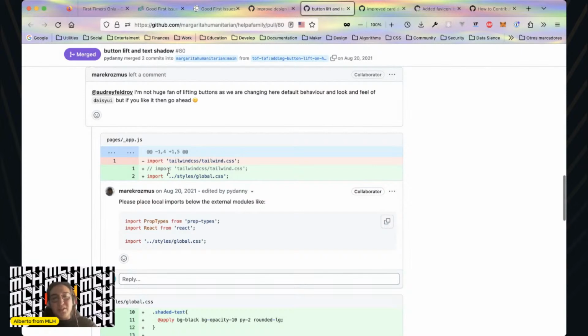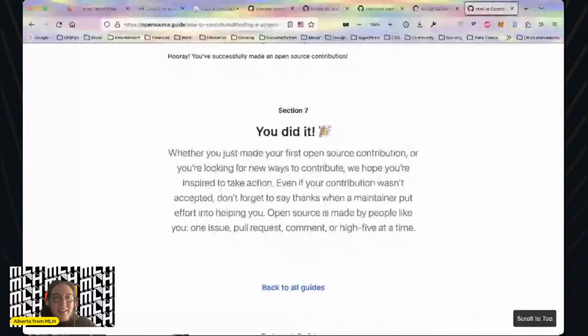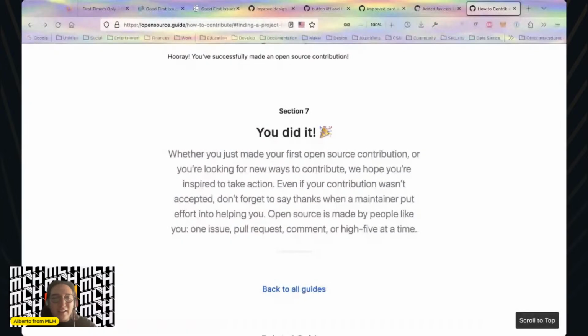Your contribution does not get accepted, that's okay. That doesn't matter, you made your best. You can try again. Try to find out what happened, why it wasn't accepted, what maintainers didn't like about it. Your contribution was accepted? Okay, congratulations, you made a successful open source contribution. And that's it. That's the talk I wanted to give to you. That's everything I think I can share now.